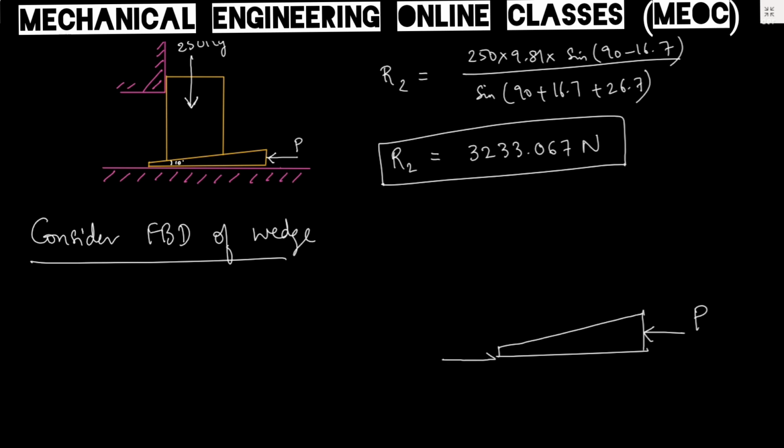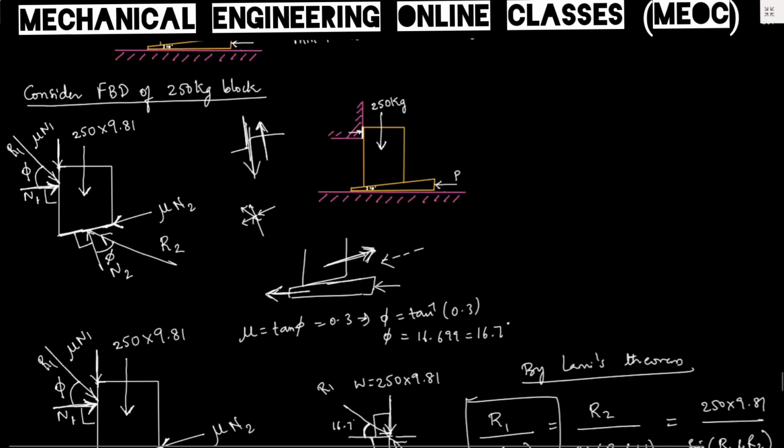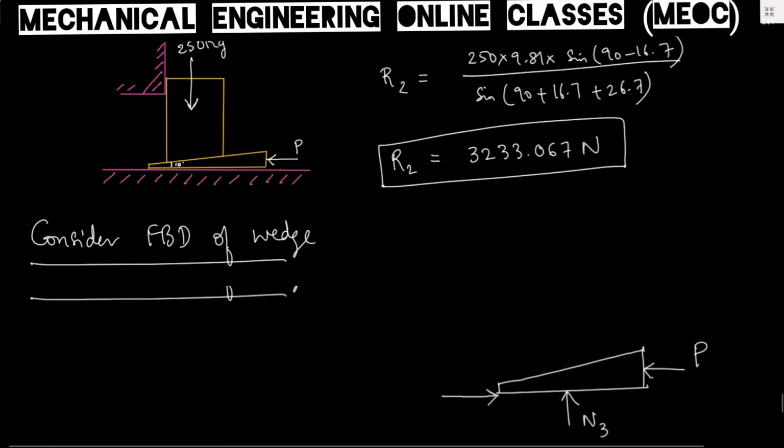The friction will be this. The normal reaction is N3. Never use the same normal reaction name for every force; you have to give each a different name. Even in the previous case, we gave a normal reaction the name N1, and the friction related to that is mu into N1. But on another surface, the normal reaction is N2. Never use the same N all the time, or you will only be confused, because N1 is not equal to N2. If they become equal, that's a rare exceptional case. By chance it may happen, but otherwise N1 is entirely different from N2, and so is N3.